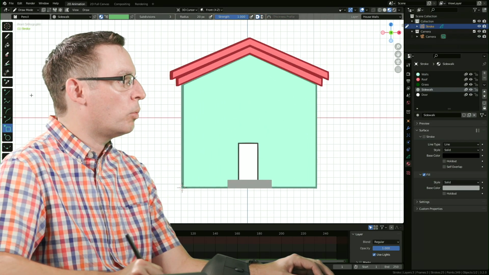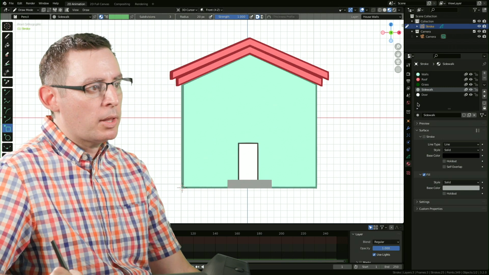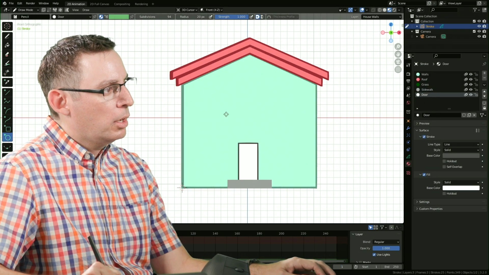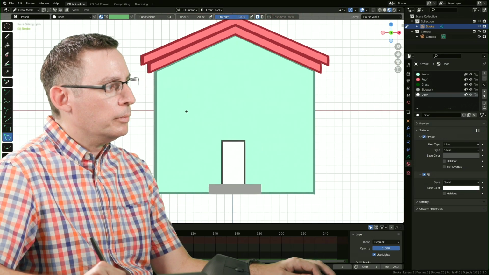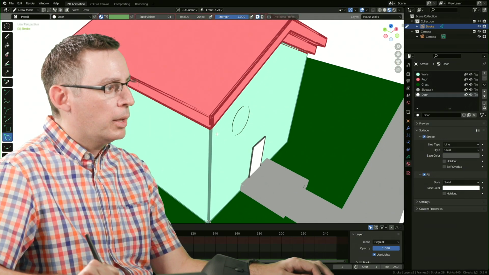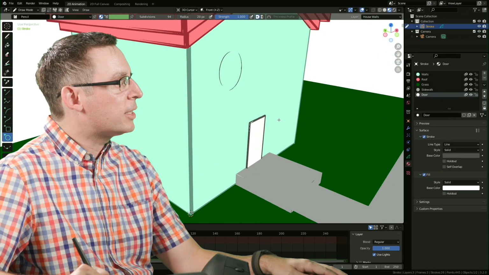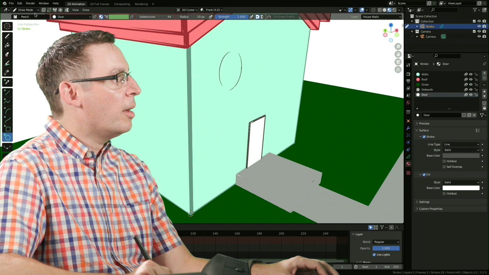All right, here we go. Let's do it real quick. Now for this one, I want to make sure that the door material is also selected. And check this out. I'm going to start with a little circle. Now, there it is. Oh, it's Z fighting in the wall itself. So let's confirm that, hit the return key, back into edit mode.